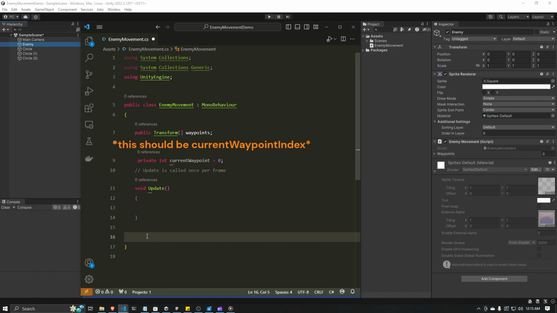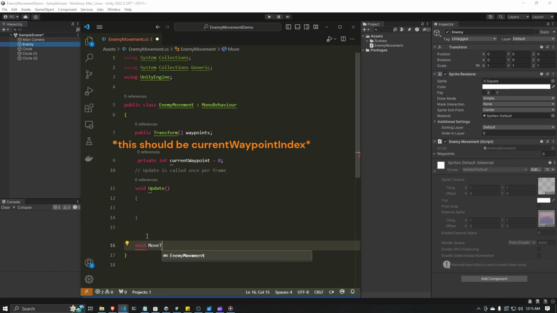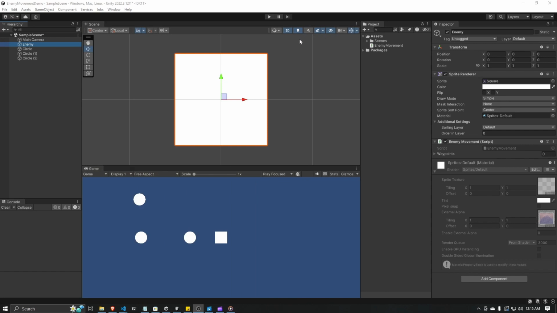Now let's also create a method down here below our update method. We'll call it move towards waypoint. Oh, no, we want our curly brackets there. There we go. Okay, so I'm going to minimize the script, and we'll go back to our Unity engine here,